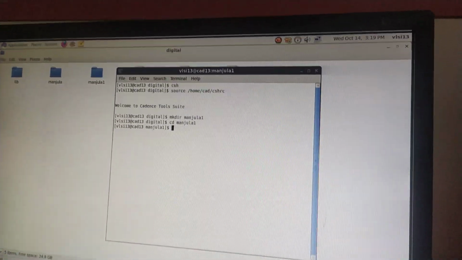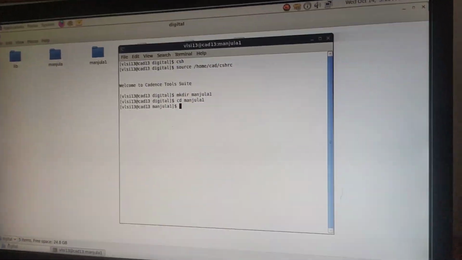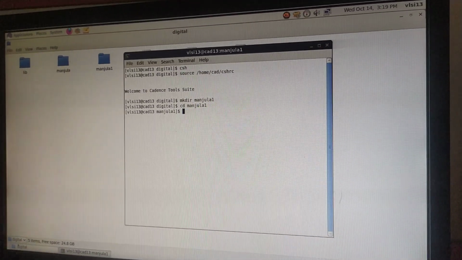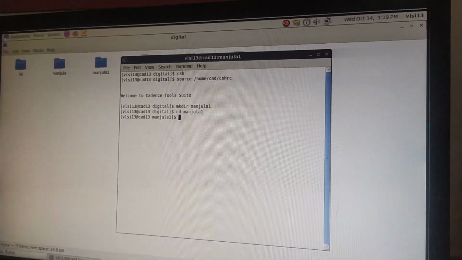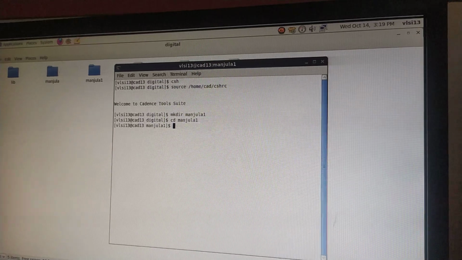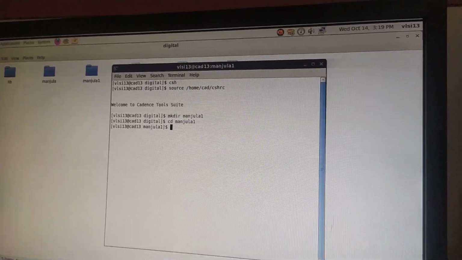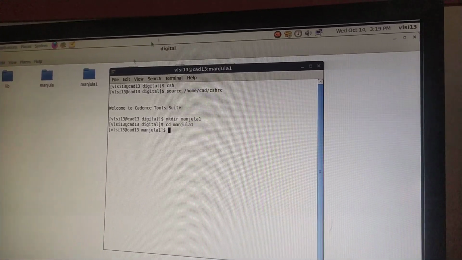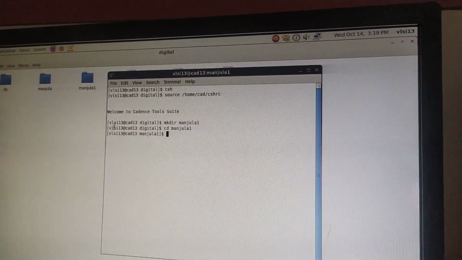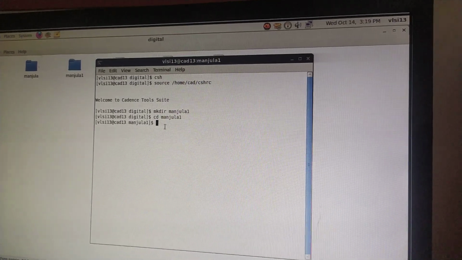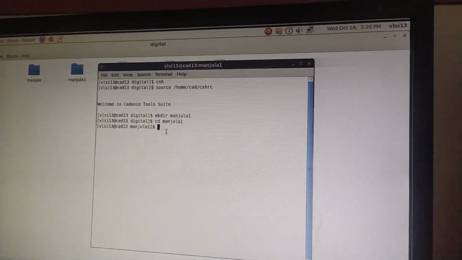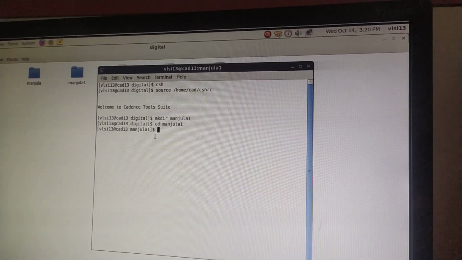Here you have many programs like inverter, buffer, TG, and all the sequential ones like flip-flops. If you do everything in one folder, only Manjula, then when you execute, many executable files will be created and it will be confusing. So what we suggest is that for every program you create a folder inside your USN.